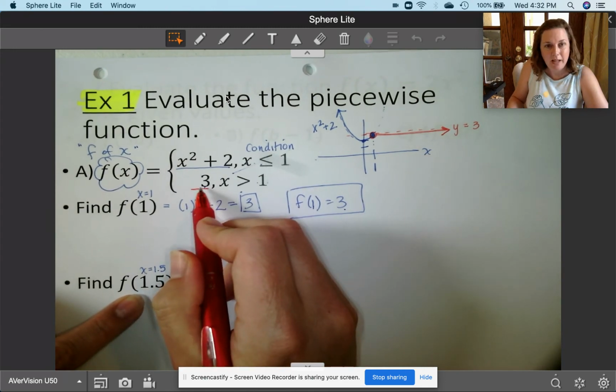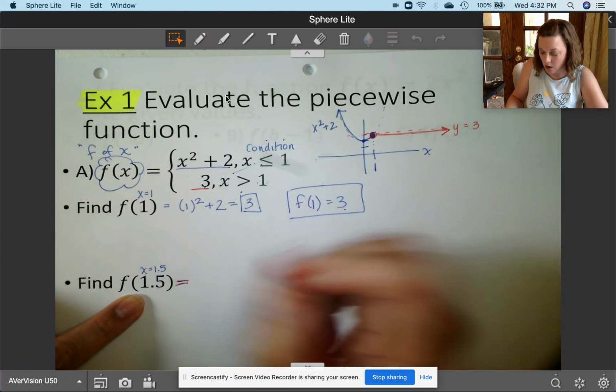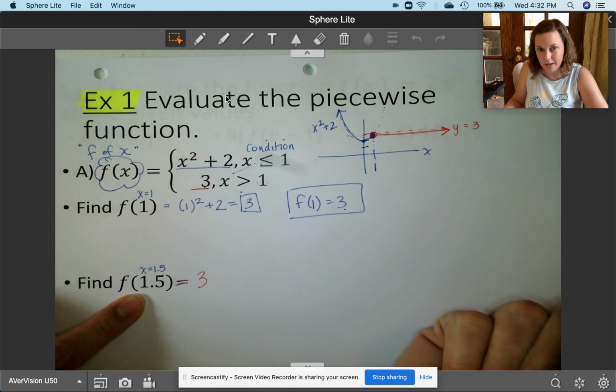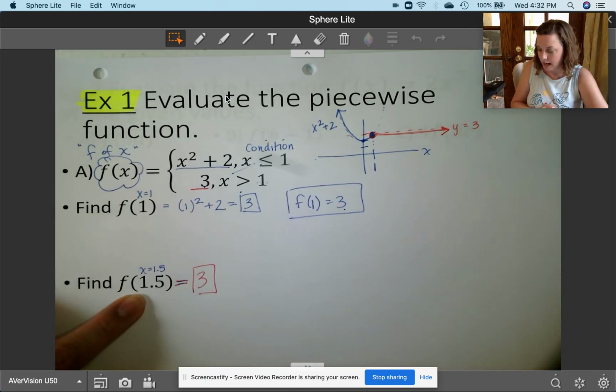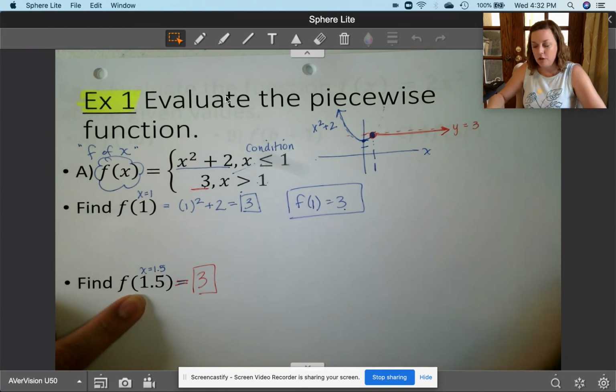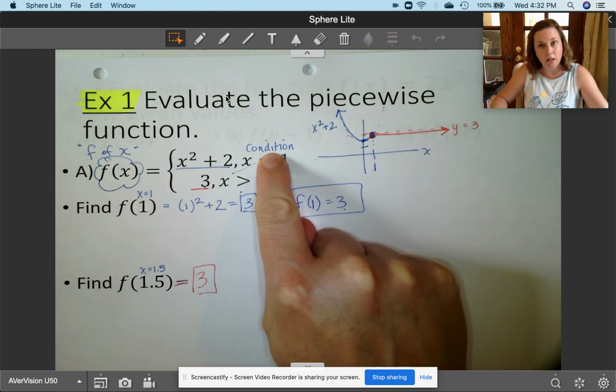There's nothing to plug in. It's just 3, always 3. I don't care what your x value is, the output is 3. And that's it, okay? So pay attention to the condition, and we're going to talk a lot about conditions in